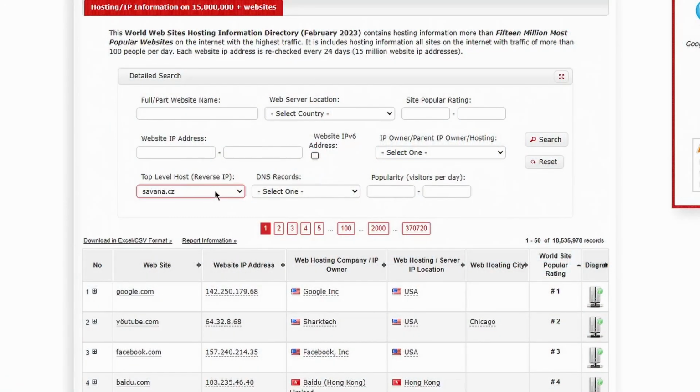Let's say that you want to find e-commerce business websites. You can choose one of the most popular e-com platforms, for example Shopify, and you will do that by clicking on top level hosting and then scrolling through until you find Shopify. On the popularity field, you can type 300 up to 3000 visitors per day to get websites with decent traffic,